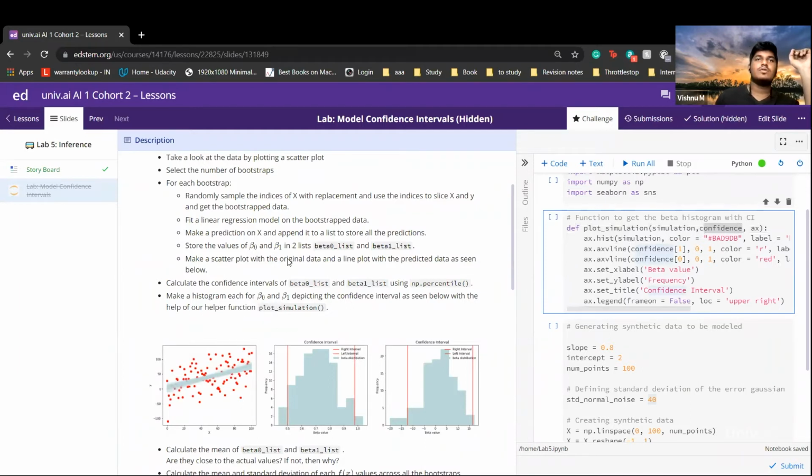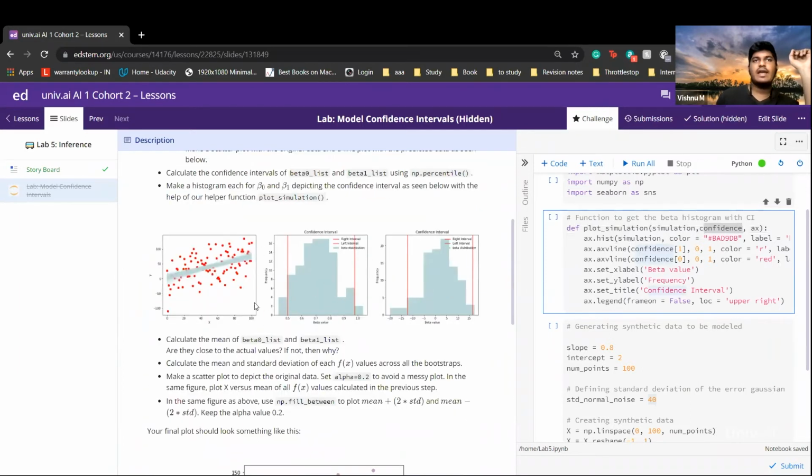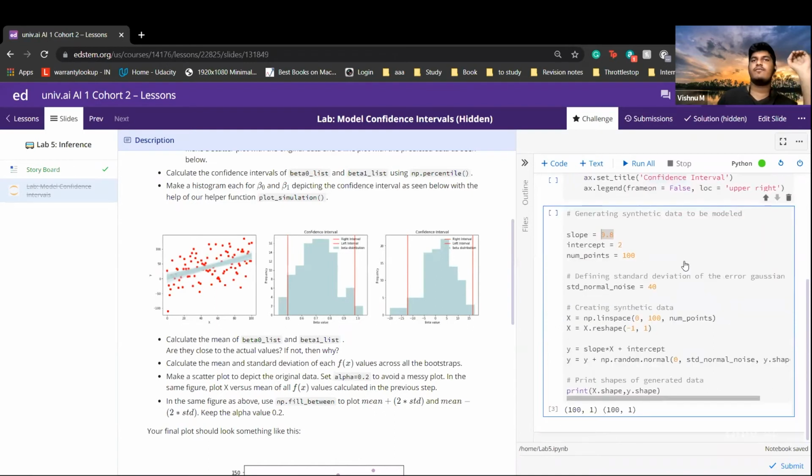So make these plots and then calculate the mean of the beta 0 list and the beta 1 list and see if they look anything similar to the intercepts and the slopes that we defined here. And if not, then try and make a new text cell and just put there why you think they are different or why it is the same.